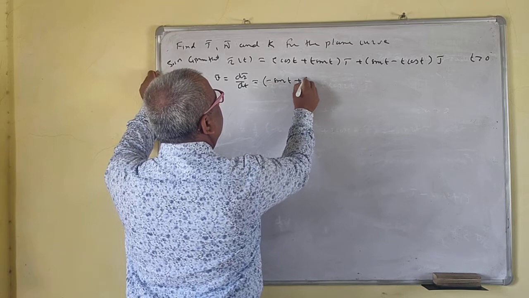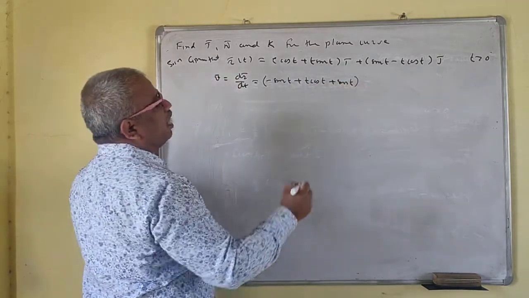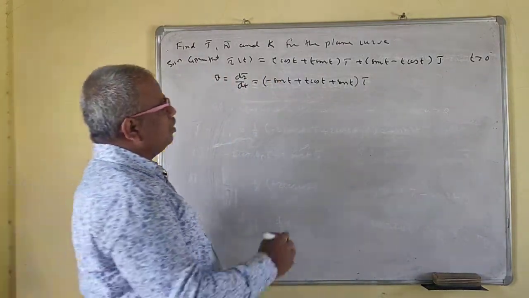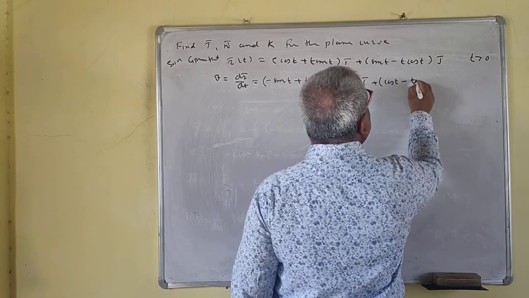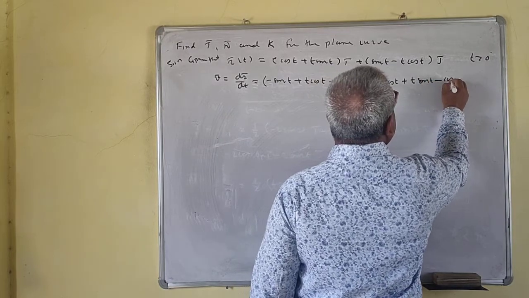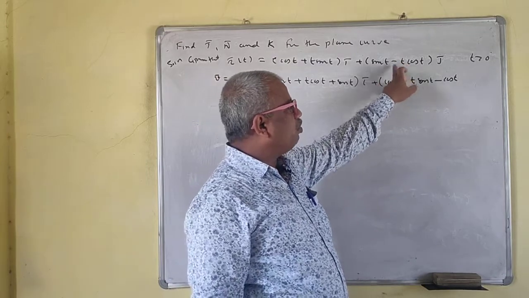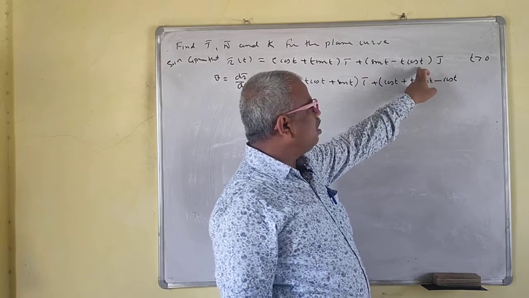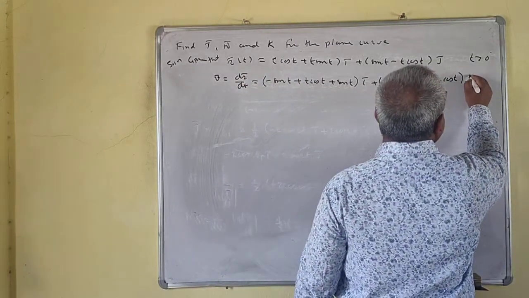Minus sin t plus t cos t plus sin t, sin t i bar. We apply the product rule here. Plus cos t minus t minus 1 becomes plus, plus sin t minus cos t. So this is minus, you have to take care. Minus t, or you may write minus t. Minus t, this is what? Plus sin t. This minus is as it is. Cos t, derivative of t is 1. Take care of this. So this is j bar.